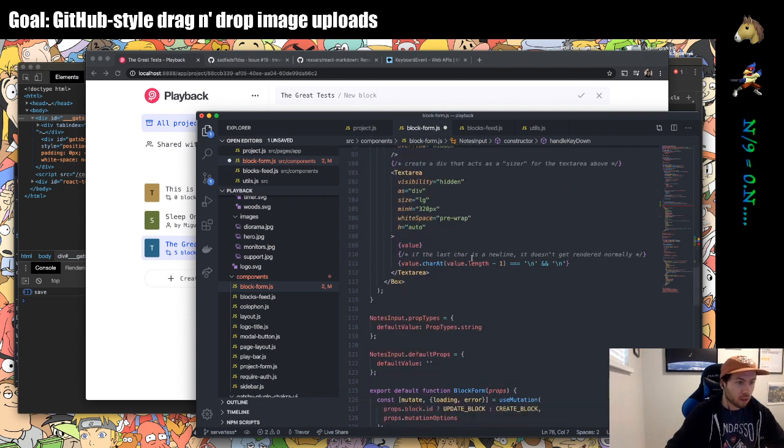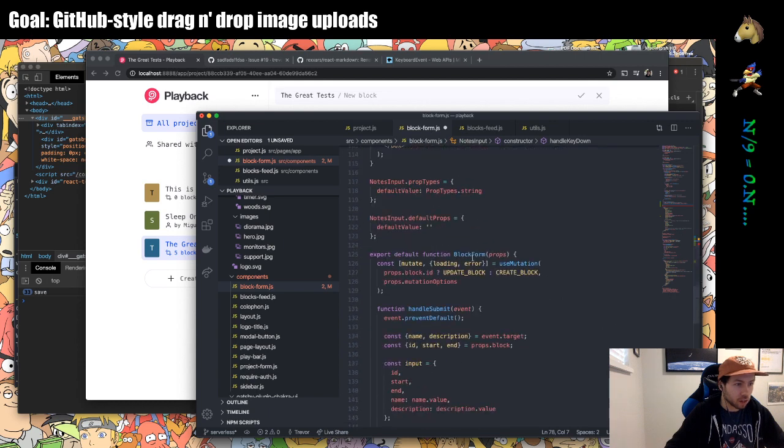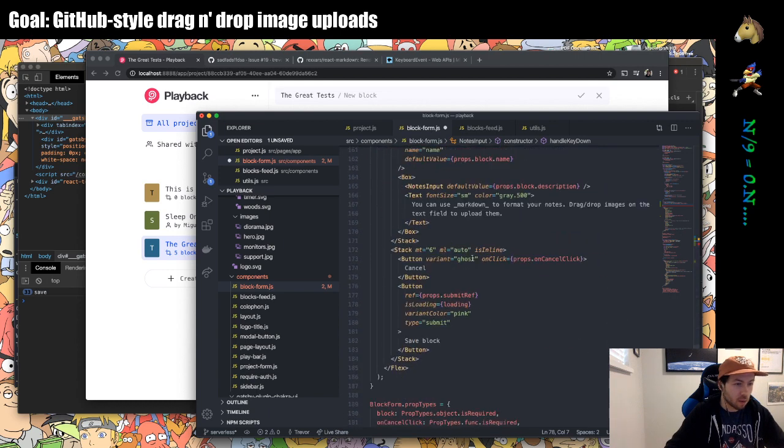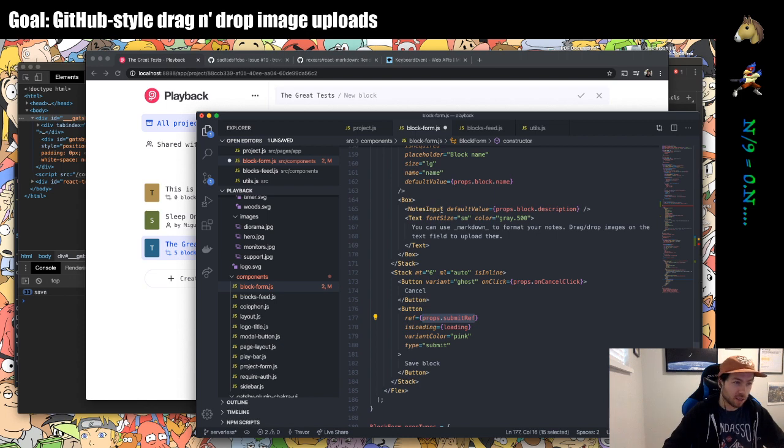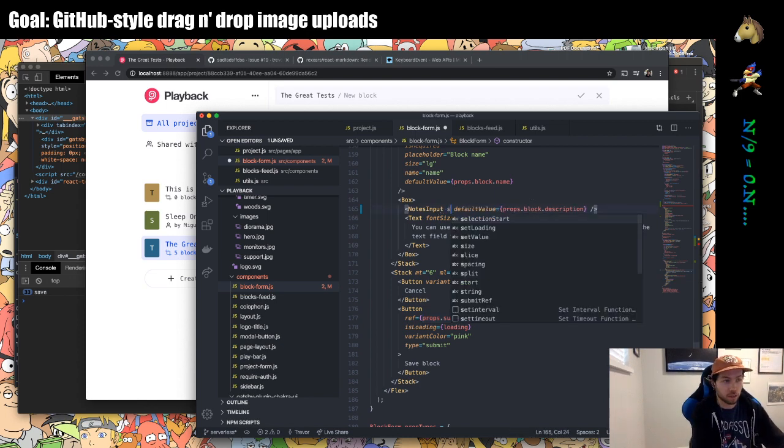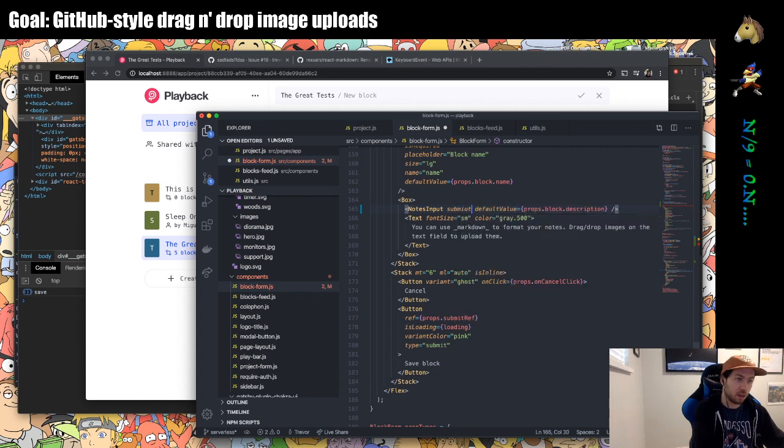And here's an awesome little thing. Because I'm already using a ref on my submit button in the form that this text area lives in, I can just pass that as a prop to the notes input. I can say submit ref